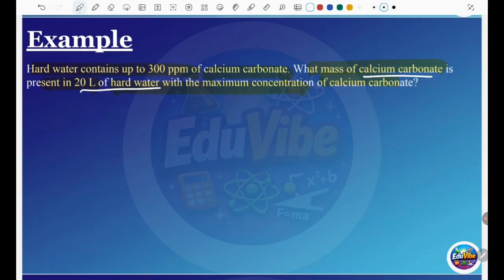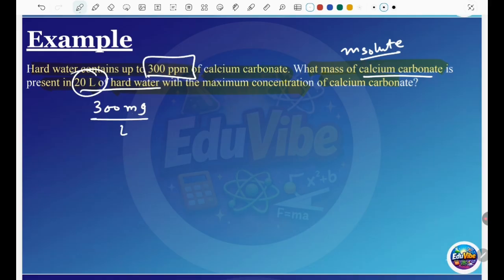So you have to find the mass, and we are given the calcium carbonate and we have hard water. As you all know, hard water is a solution, so we have the volume of the solution, and we have to find the mass of the solute, which is the calcium carbonate, and we are given the ppm, which is 300. So you can use mg per liter because we have liters. So 300 mg per liter is equal to the mass of the solute divided by the volume of the solution,